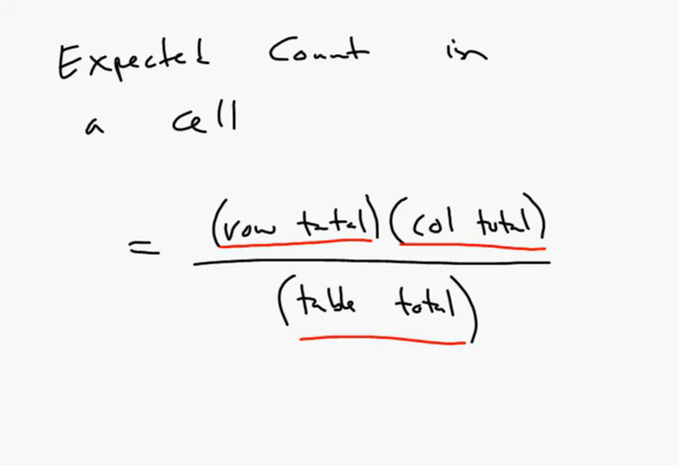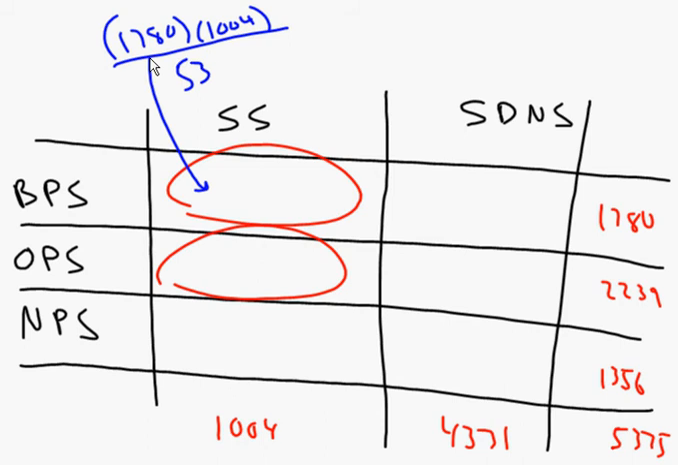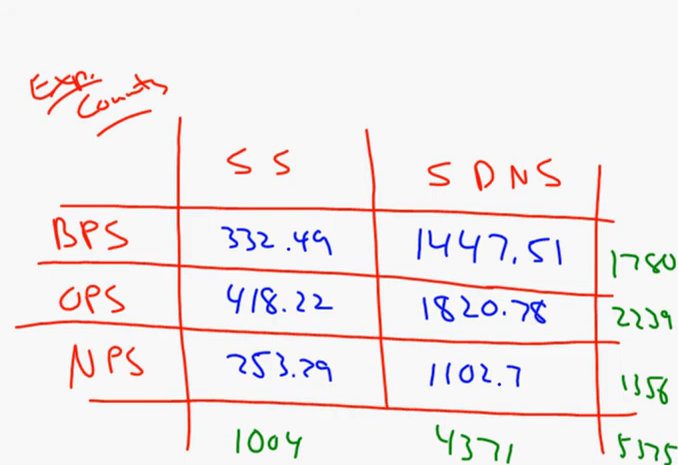Row total times column total over table total. So for example, if you want to get the number that goes here, we take the row total that it's in, which is 1780, times the column total, which is 1004, and we divide it by the table total, which is 5375. All right? And then if we do the division there, you'll end up getting the following. I'll show you. You'll get this number,